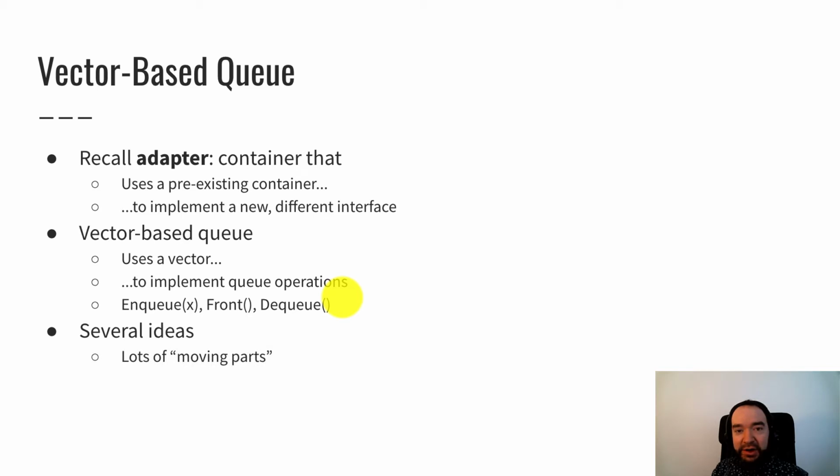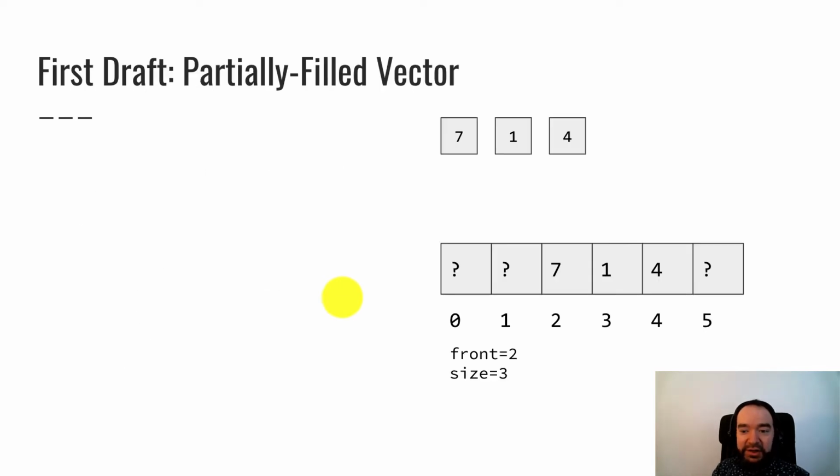There's lots of moving parts in the final draft of this, and that's because there's 3 problems that need to be solved, 3 practical implementation problems. Rather than present the end of that, which is a pretty complicated data structure all at once that could be confusing, we're going to present 3 drafts, and each one of the drafts is going to solve one of those problems. The final version we get to is a little bit complicated, but hopefully it will make more sense when you see where each of these ideas comes from.